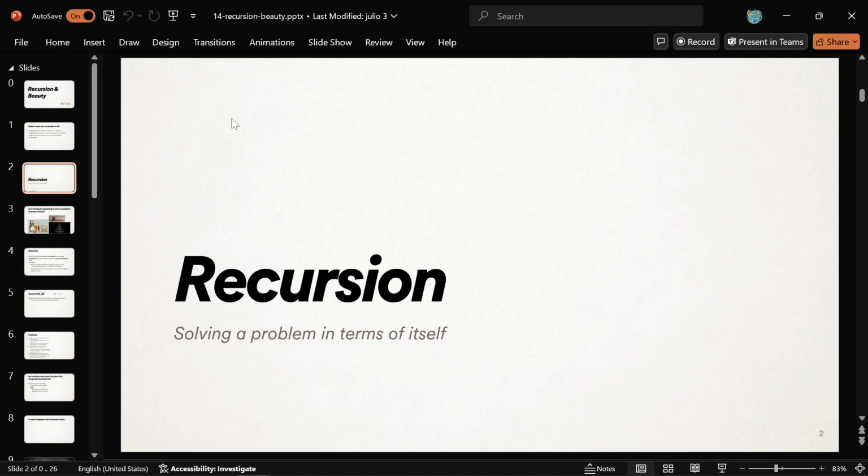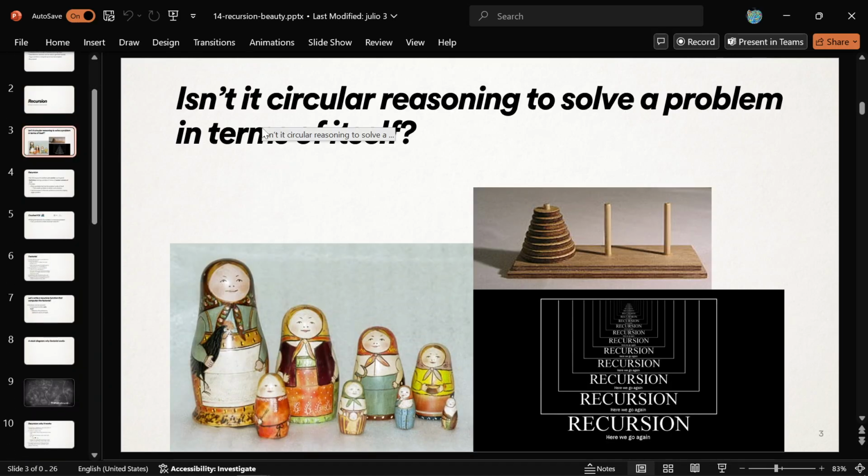It doesn't really come up too much outside of computer science and mathematics, but it's so interesting. What recursion is all about, the slogan is, we want to solve a problem in terms of that same problem, which sounds very circular. We want to find the problem inside of itself. The way to get out of the circularity is to find a smaller version. There are a ton of memes about recursion on the internet because everybody hates learning it. It's a harder topic, but it's still very fun once you get it.